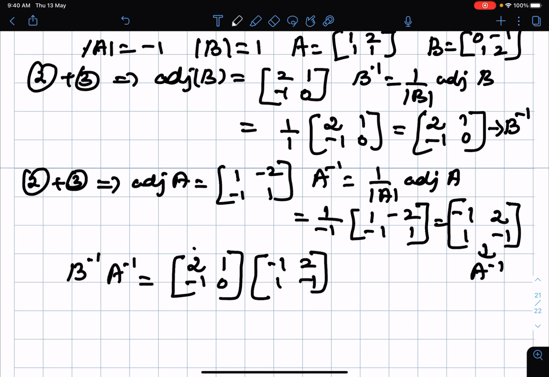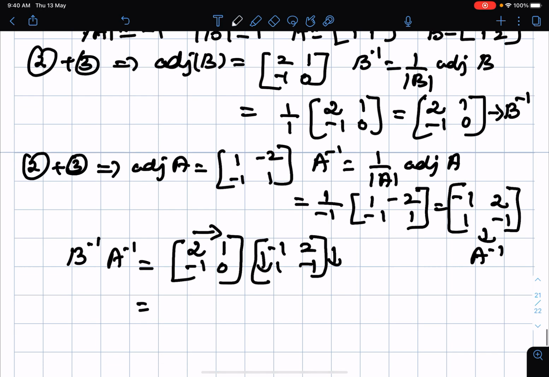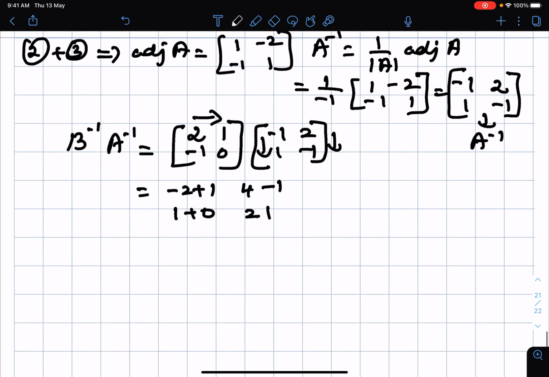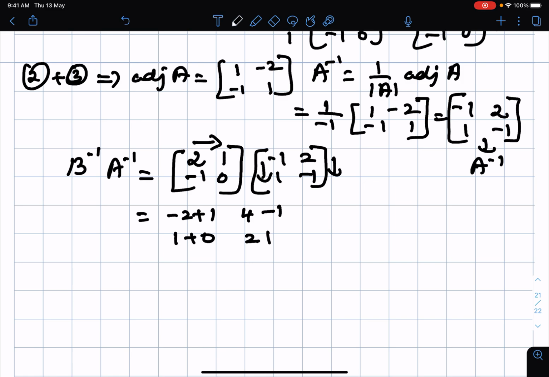When you multiply row with this column and this column, your answer is going to be minus 2 plus 1, 4 minus 1, and here it is going to be 1 plus 0, and here it is going to be 2 plus 0. See, second row with the first one, 1 plus 0. Similarly here it is 2 plus 0. Okay,